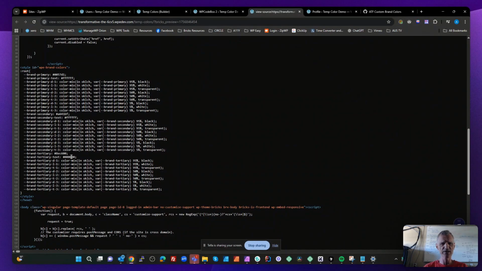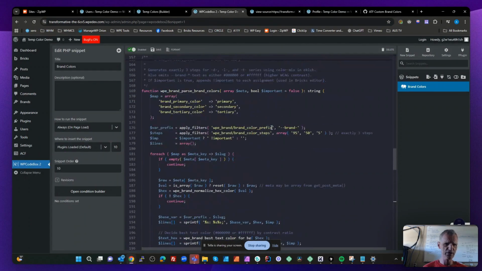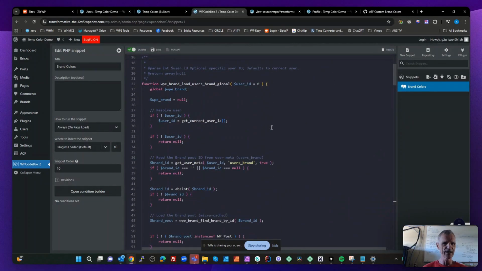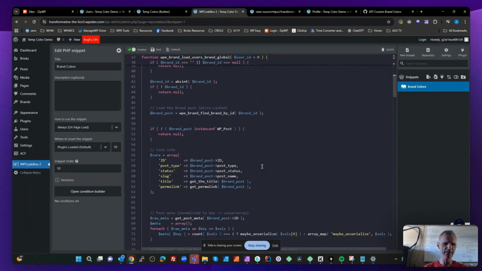I'm going to share this in a gist, the code box in a gist. It is important that you watch this and make sure that when you create your ACF or meta box link between the user profile and the brand, your slug is users, plural, underscore brand. It's important when you create the,